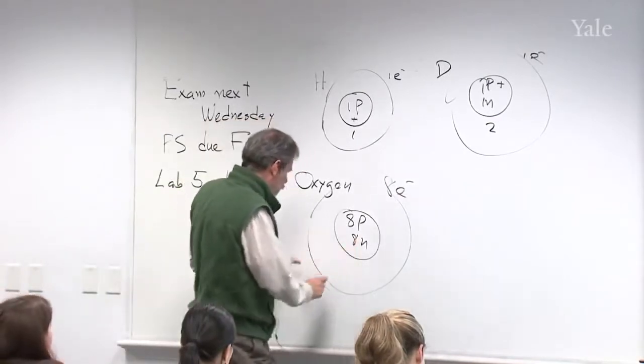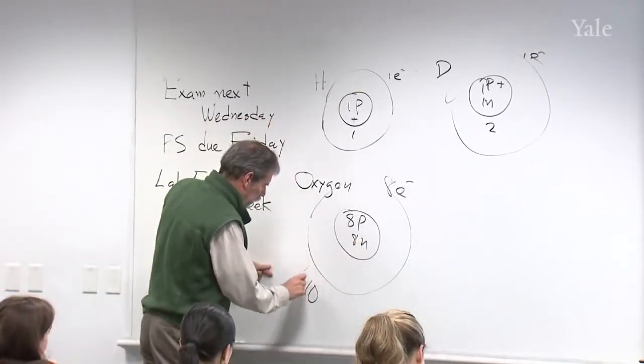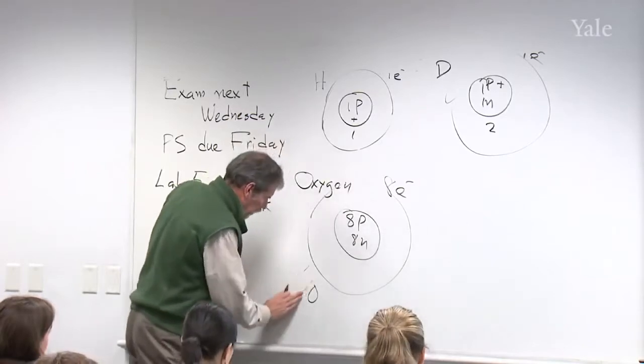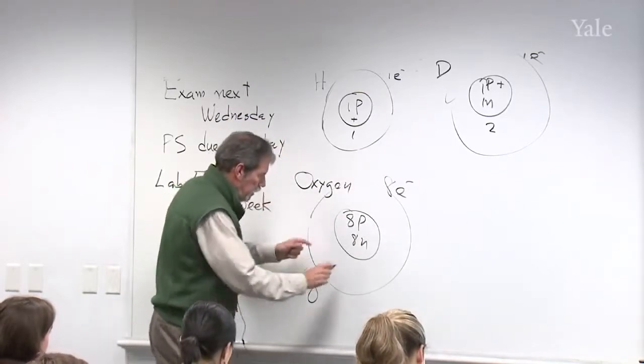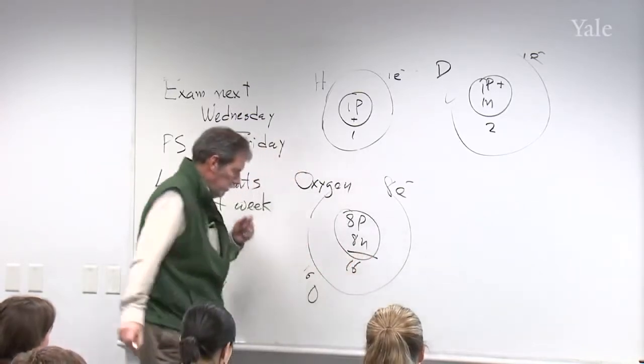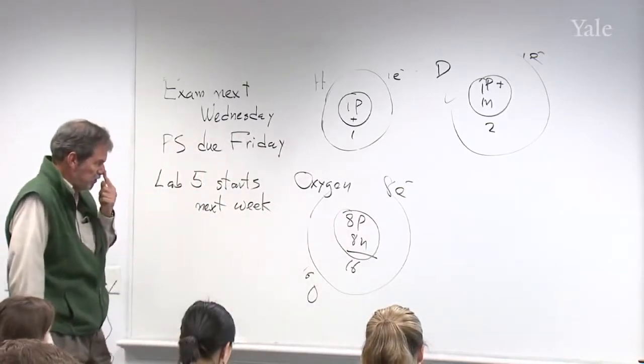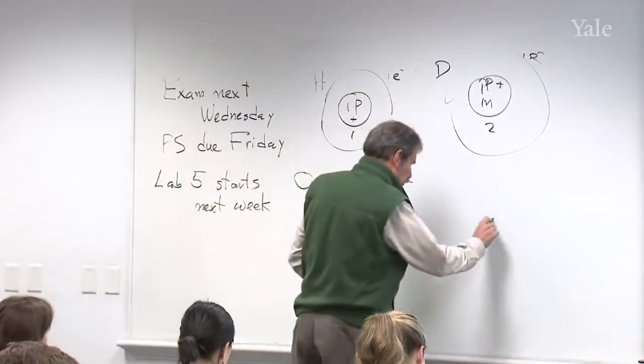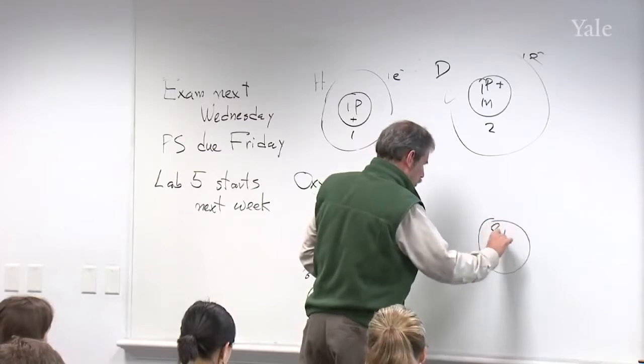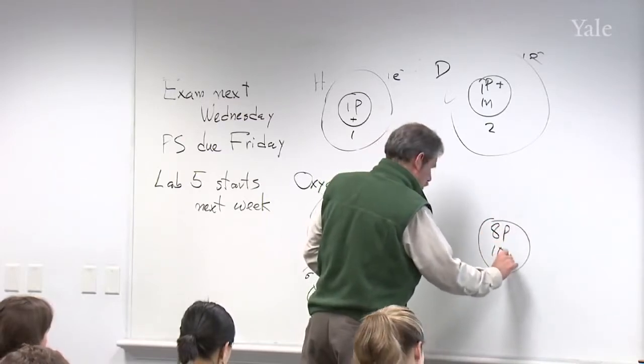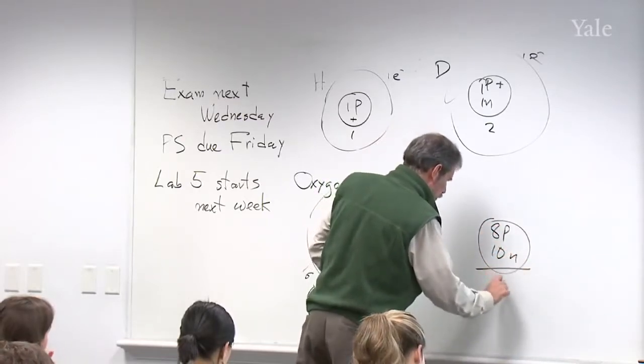And this would be called oxygen 16, because that mass adds up to 16 atomic mass units. The other one we're interested in has 8 protons and 10 neutrons, adding up